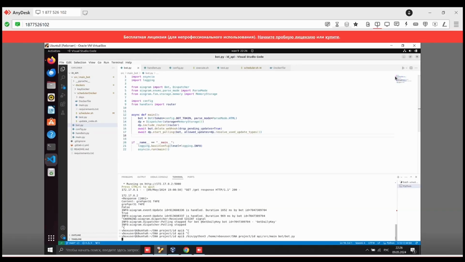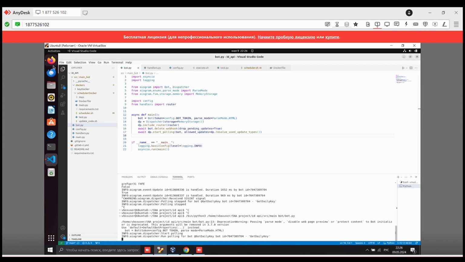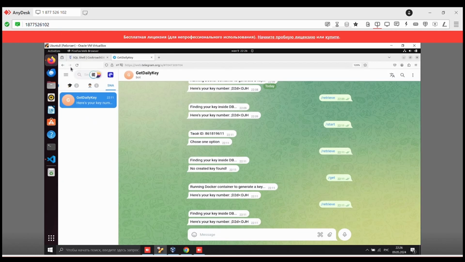And that's why we need to give some proof. If we have, for example, two minutes, we'll change our code a little bit and we'll show that this key will be changed by our scheduler in the Docker container. Okay, one second and we'll show. So we've manually changed the time to 27 minutes. I've started our Telegram bot. Let's check